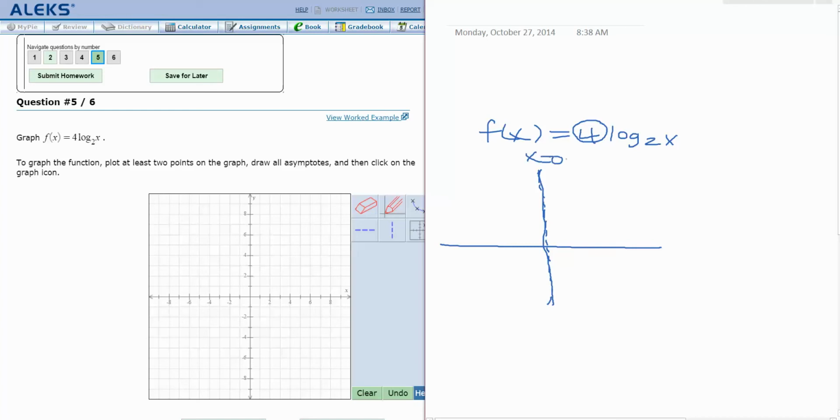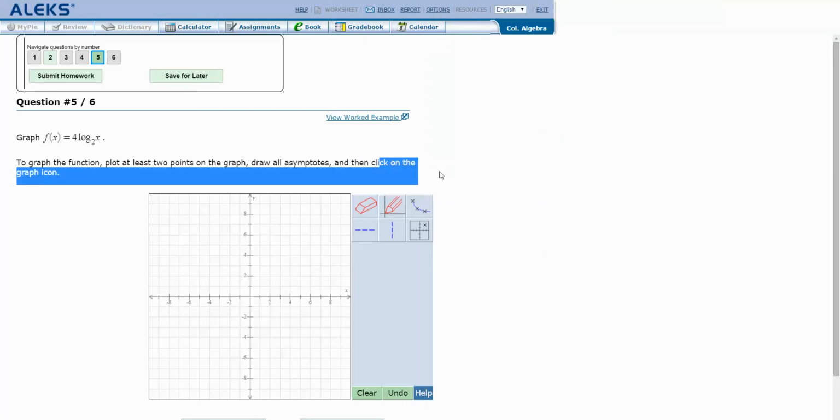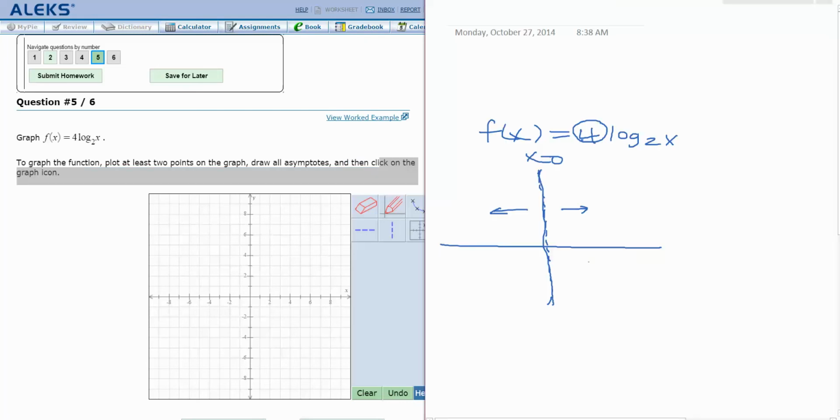The only way that this asymptote is going to move is if we go left or right, and multiplying by 4 is not going to be that kind of horizontal transformation. So then I know that the graph has an asymptote at 0, and I think it's going to have the intercept 1 to the right like we've learned, but I'm going to show you how you can verify that by point plotting. So what we do to figure that out is we want to see what's the y-coordinate when x